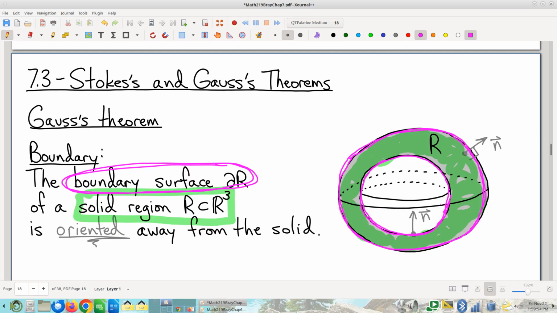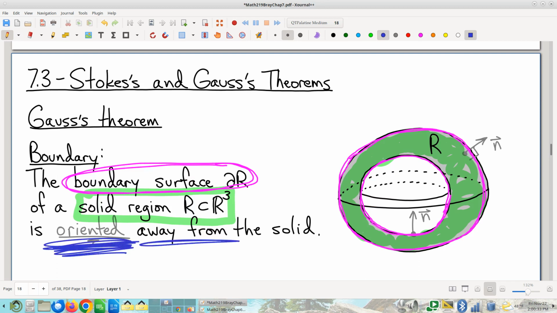For all of chapter 6 and 7, when you hear the word boundary, your knee-jerk reaction should be, uh-oh, that's an oriented thing. It's oriented according to a very specific convention. Again, arbitrary but standard. It is implicit in the use of the word boundary that there is a given orientation, and it's your responsibility as the student to think through and correctly identify what that orientation is. And the rule is as follows. The orientation